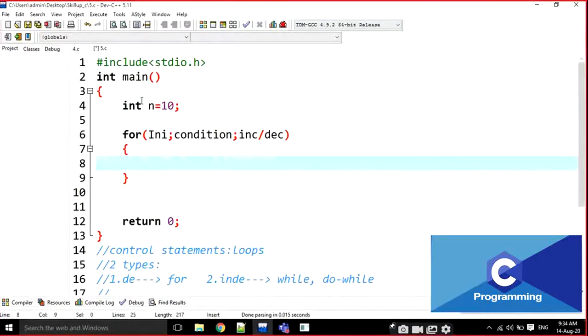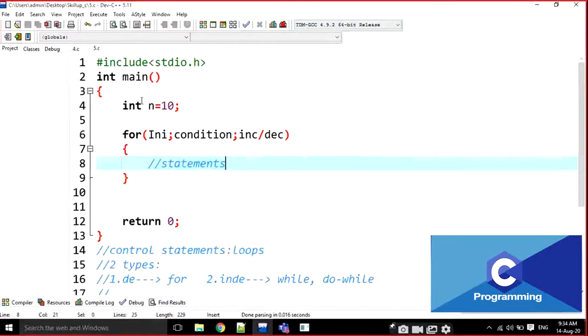Note down the syntax here, followed by the statements.